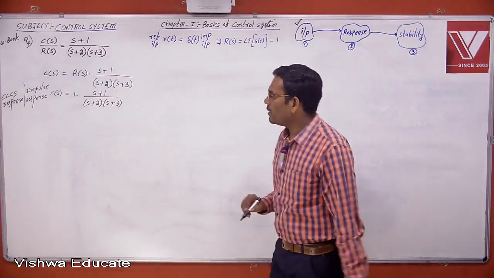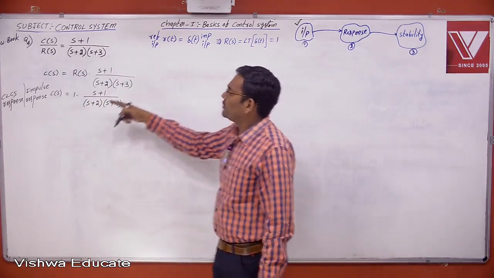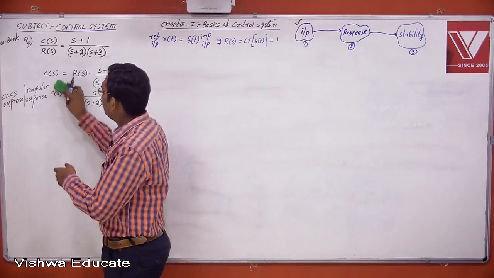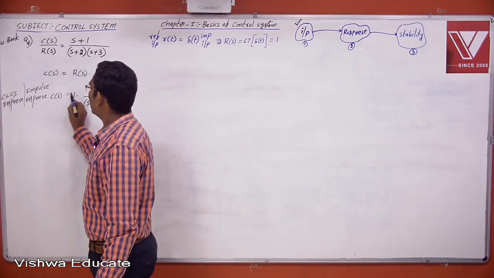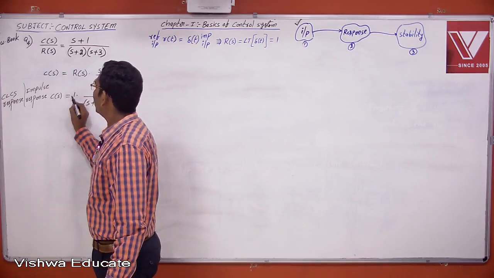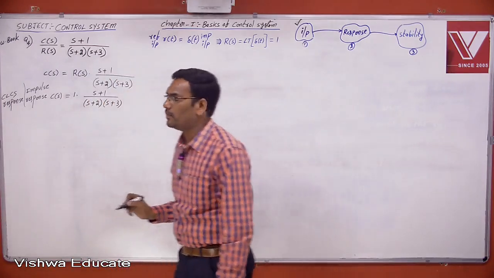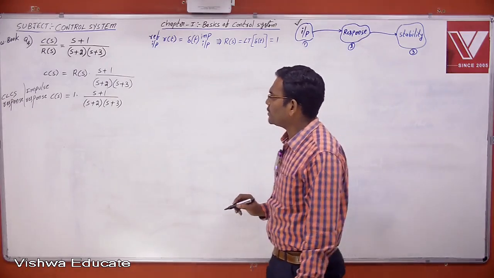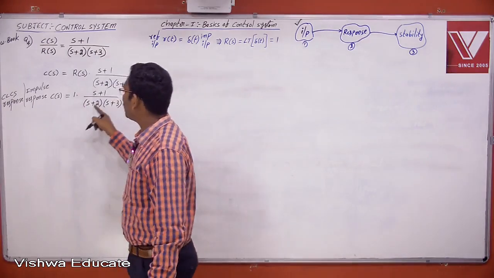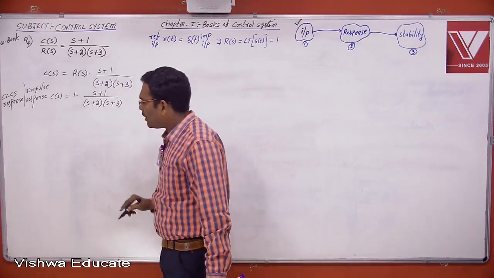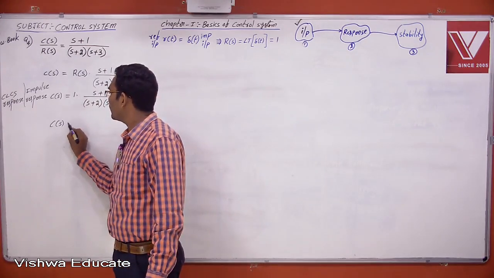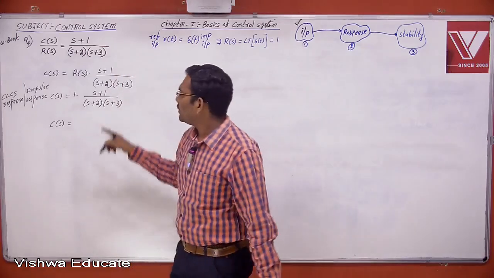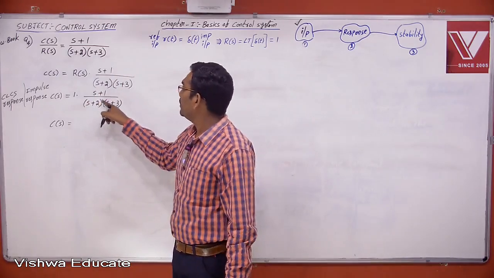Now see here, I am applying impulse input, therefore this response is nothing but the impulse response. Because the question says, draw the response in time domain. So this is the impulse response. But this is in which domain? Frequency domain. But I want it in time domain. Therefore, C of s, this is the response in frequency domain, but I want it in